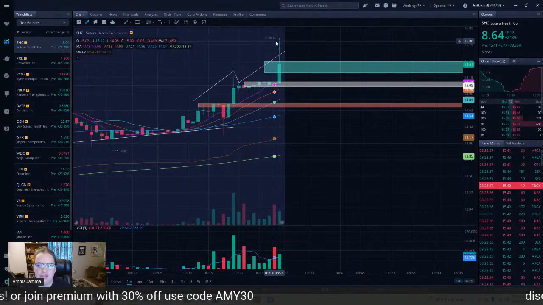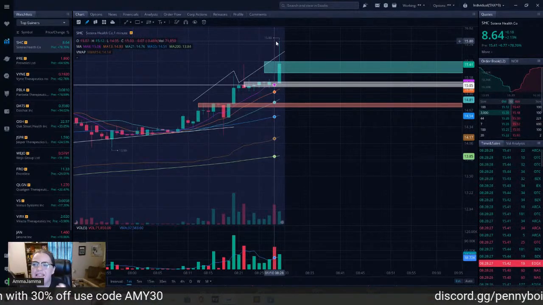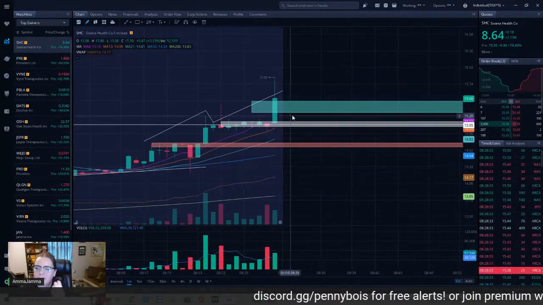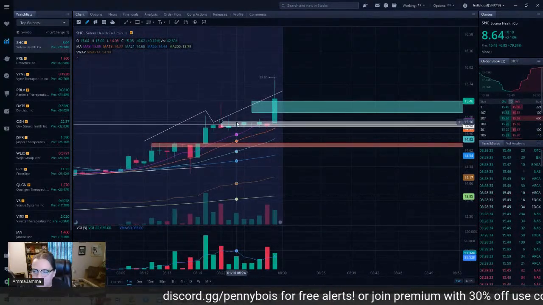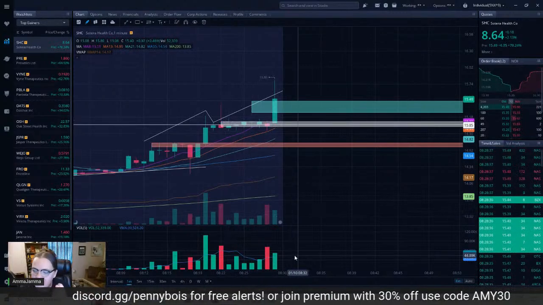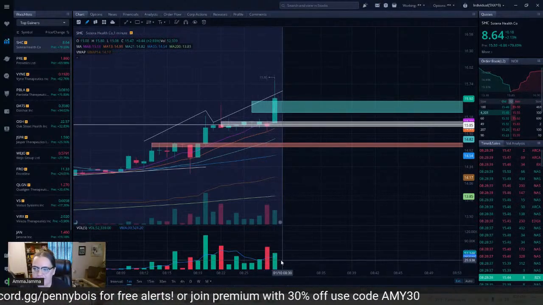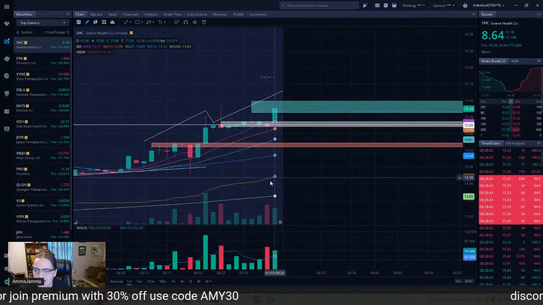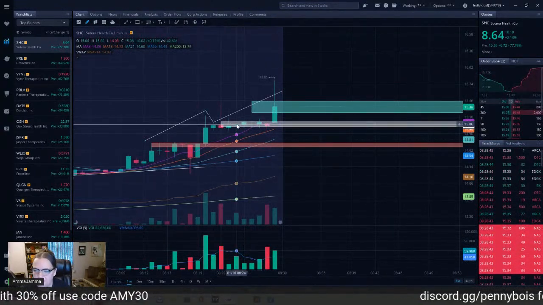I know a lot of you, unless you had a limit sell set, did not get 15.80, but that's it. This is exactly what I'm talking about with these impulse candles and when you want to take that entry. Do you see how the volume started pouring in? Because this candle just started. You see how that volume poured in and we got that massive pop the second we finally broke this area